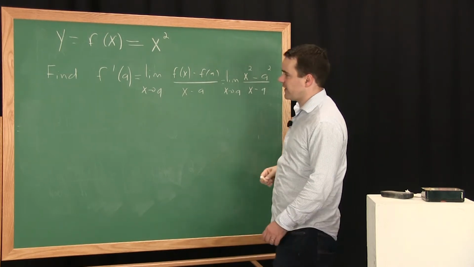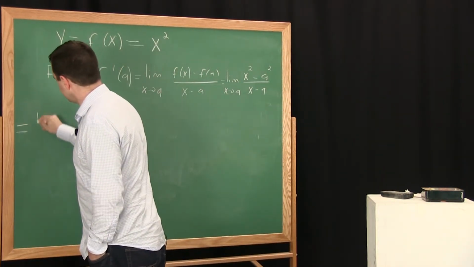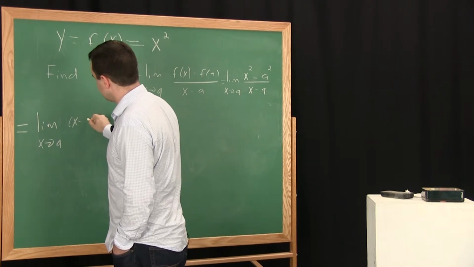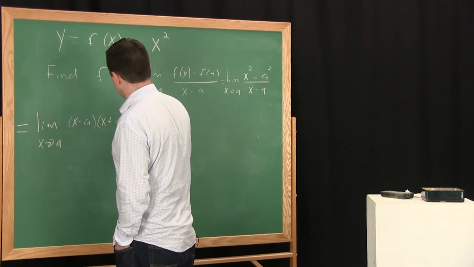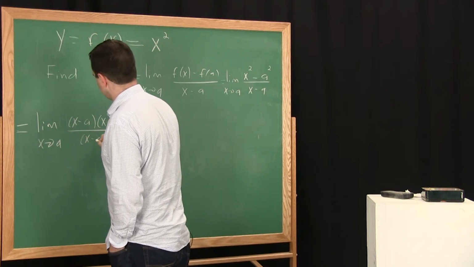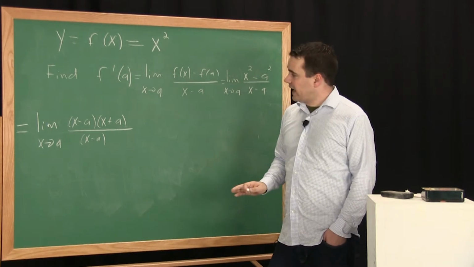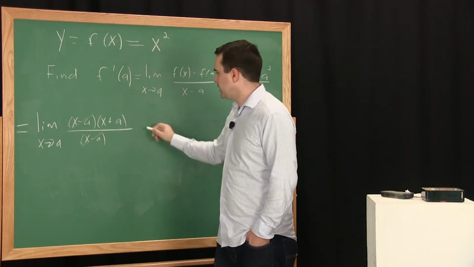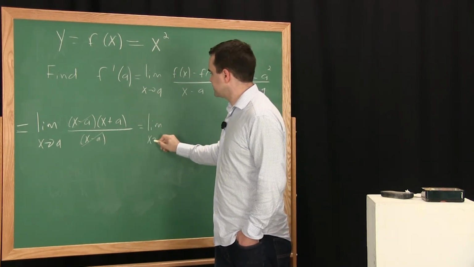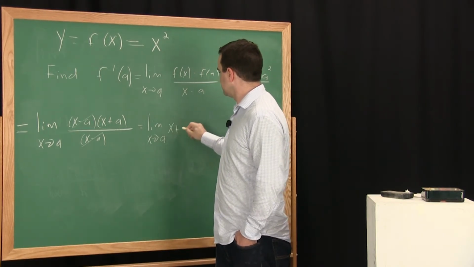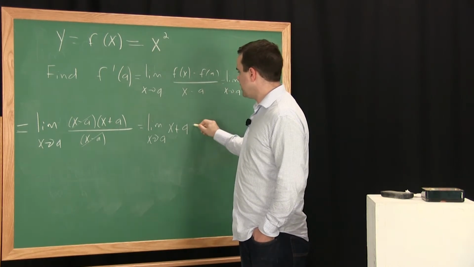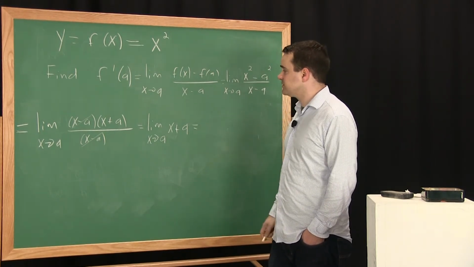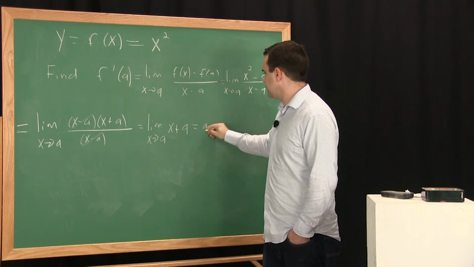And you can see now I need to do this factoring. So I'm going to get the limit as x goes to a, and x squared minus a squared, that's x minus a times x plus a, all divided by x minus a. And like before, we get a cancellation, this factor of x minus a. And like before, I get the limit as x goes to a of x plus a. And here now I can just plug in the value x equals a, because there's no division by 0 issue. And I'm just going to get a plus a